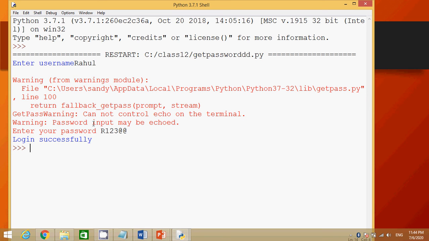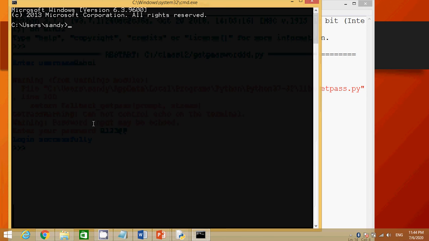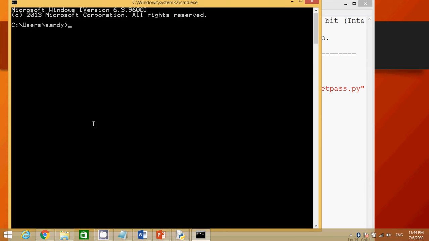So how to resolve this problem? You can resolve this problem if you are using the Windows operating system, by using DOS. That means you have to execute your project or your file from the DOS window, not from Python IDLE.